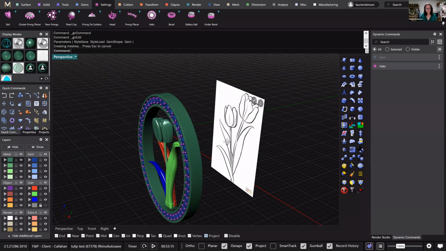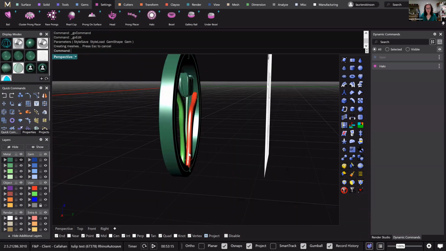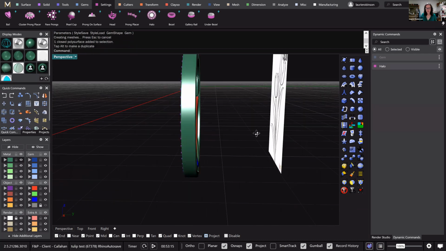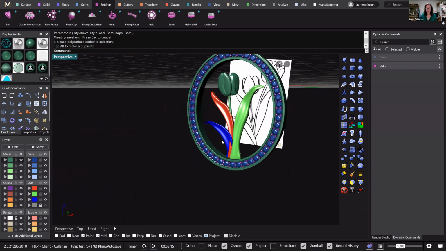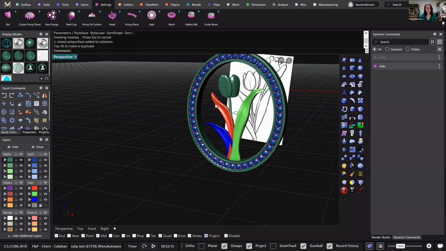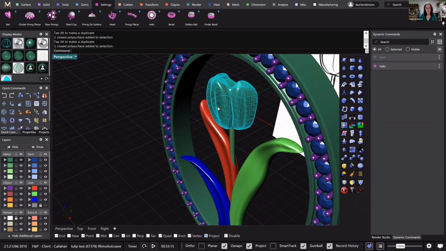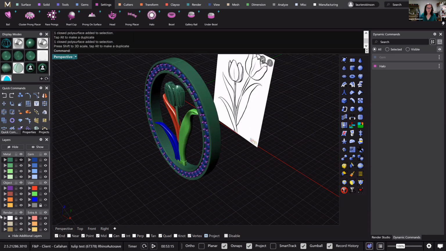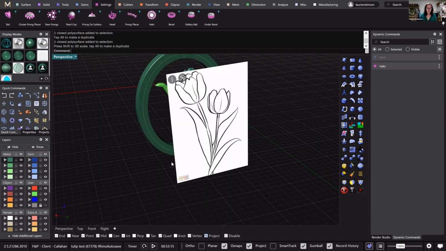Maybe these could be squished together a little more. And okay, the final thing, actually, I'm just going to turn this image on,